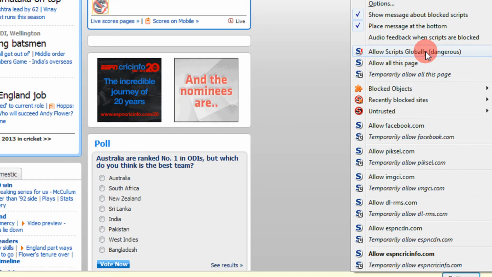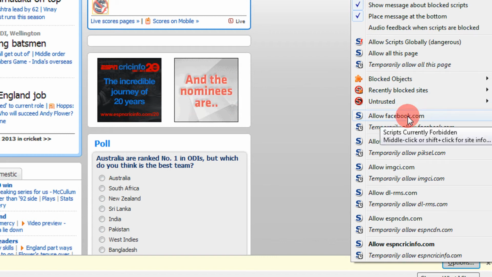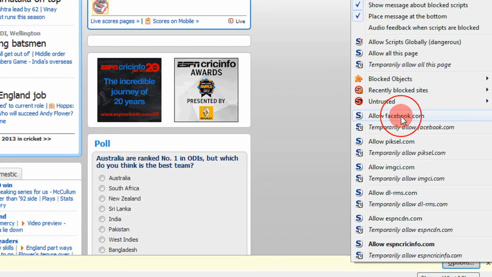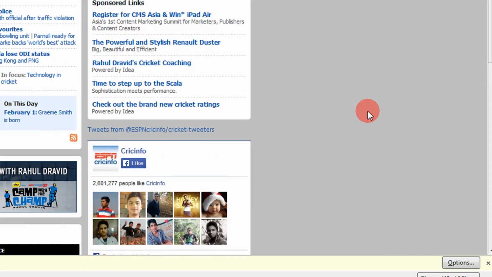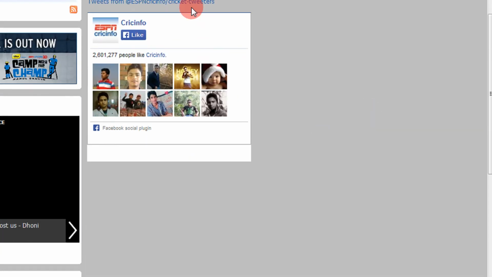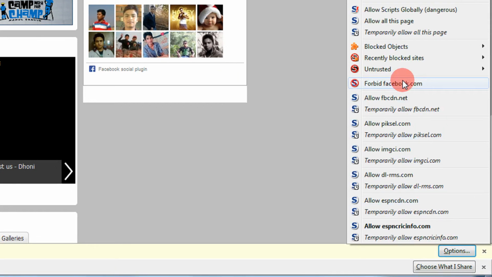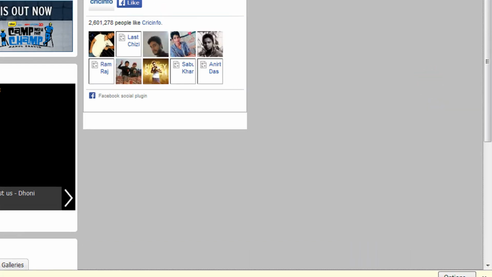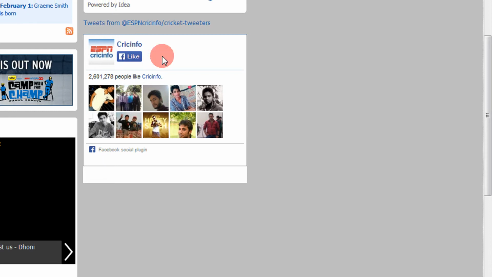If you completely trust a website or a web page, you can use the option allow all on this web page. Let's say you keep on posting on Facebook, so I may allow facebook.com. So I click on allow facebook.com. Maybe this is a tag that comes on, and if I wish, again I would just click forbid facebook.com. It still appears, but the script won't run.